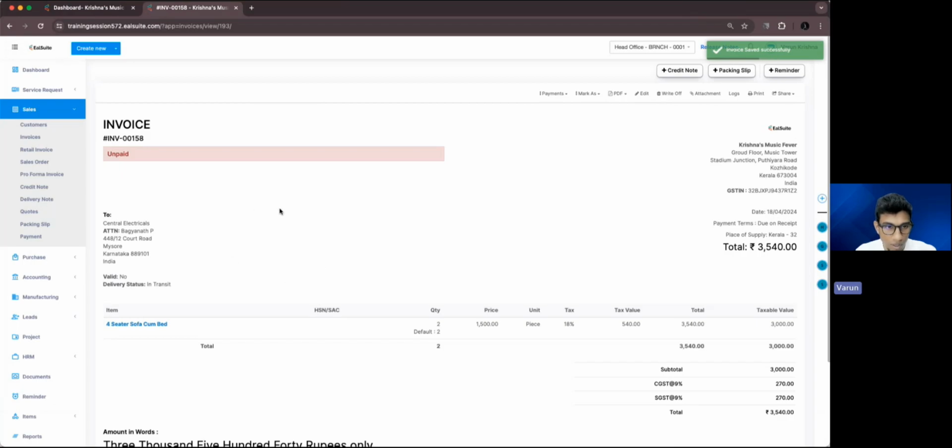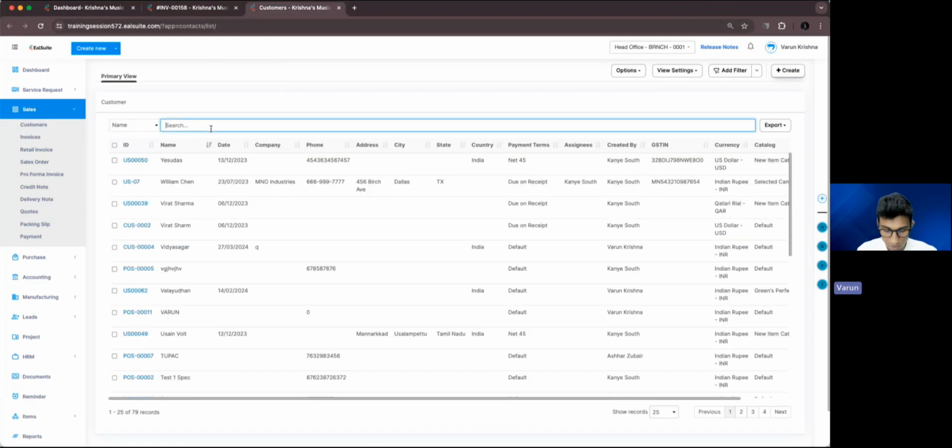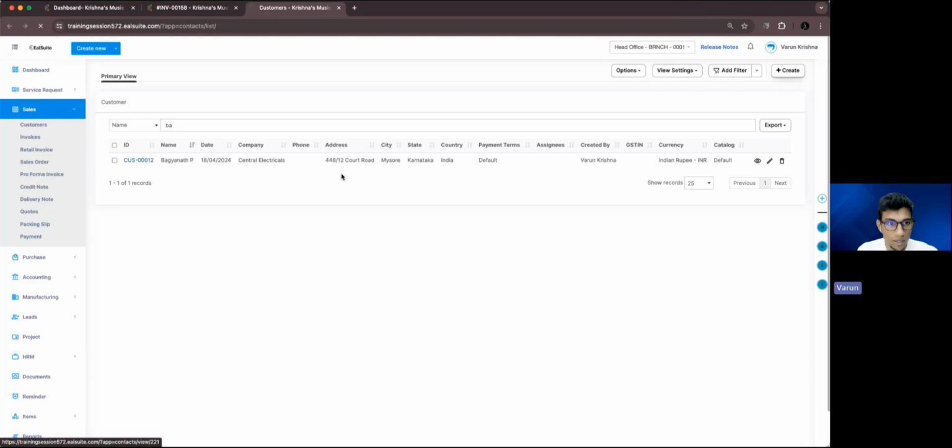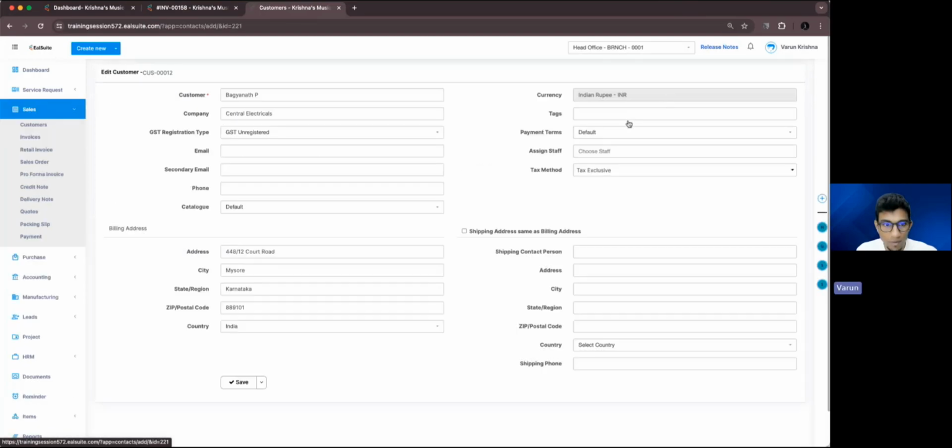So we don't have the shipping address, right? I want to ship this four-seater sofa cum bed to a warehouse, right? So in such situations, I'm asking this person, Bakinath, can you provide me your shipping address? So he is providing me the shipping address. So the shipping contact person is Harshak. Address will be,